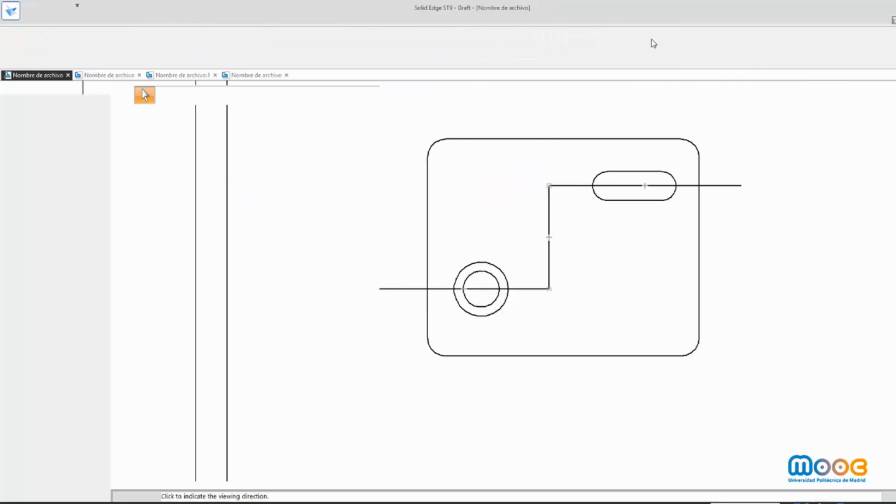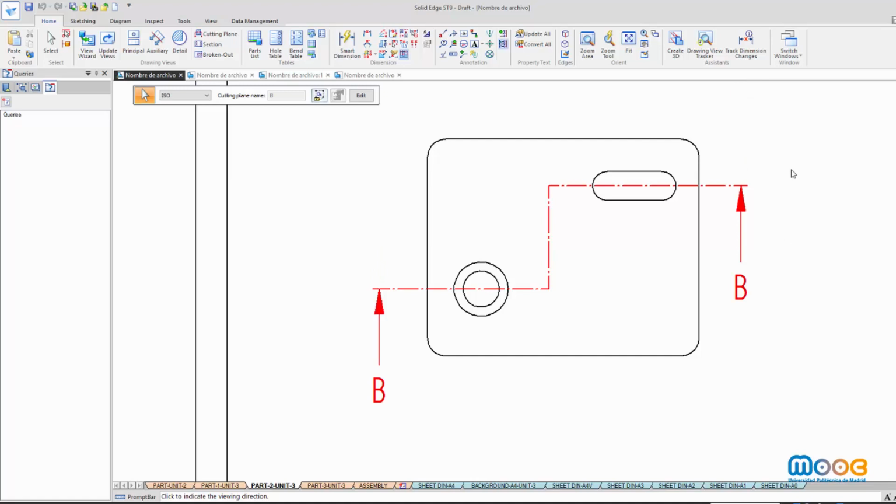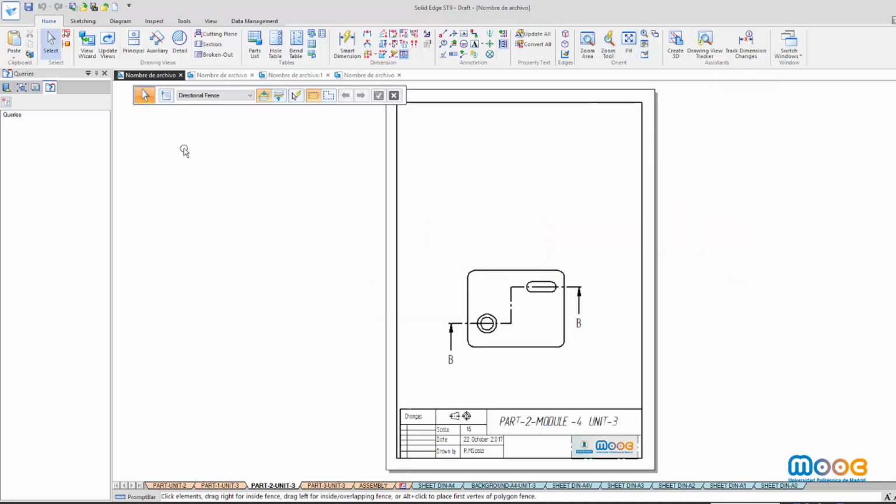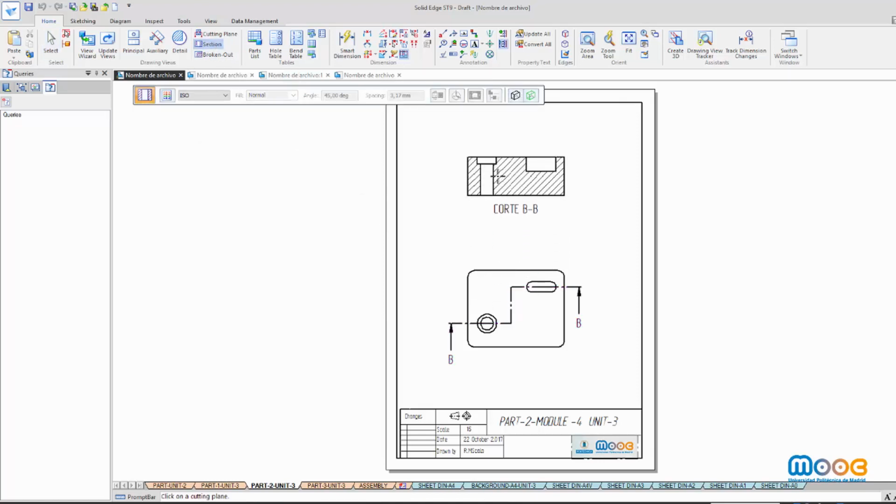I close, I choose my point of view, and now I section. This is my plane, and as I did in the previous example, I must delete this word and change the line of the cutting plane to thick, thin, as the standard indicates.